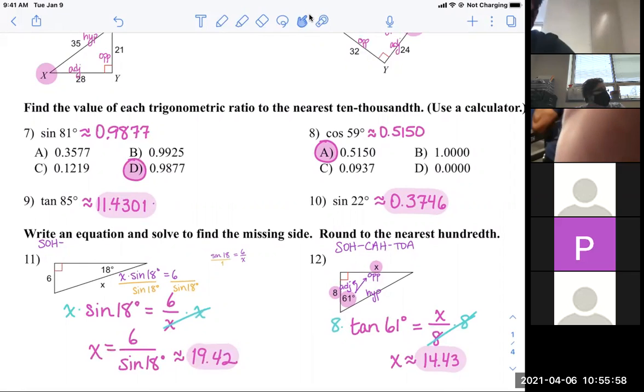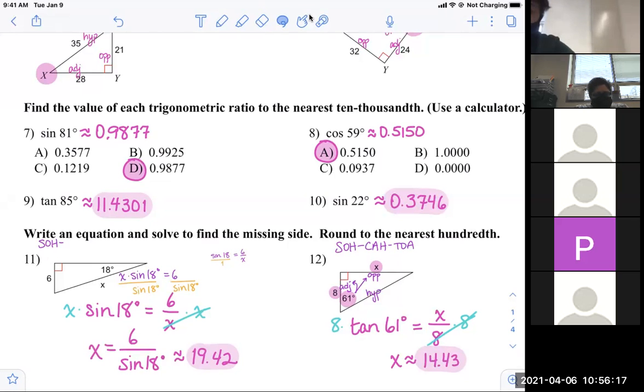Because when you were doing it, you may not have had your calculator set up correctly. Okay, so for 11 and 12,